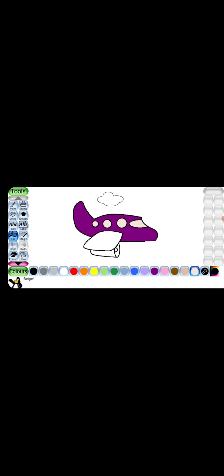Next, we have to fill our image part by part. Next, I will choose any other color, that violet color, and put it.